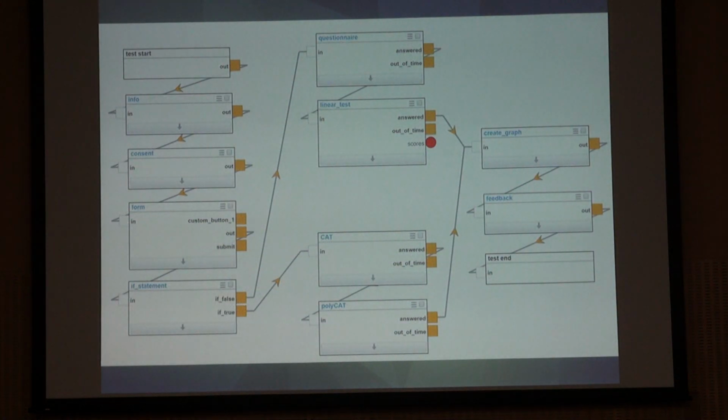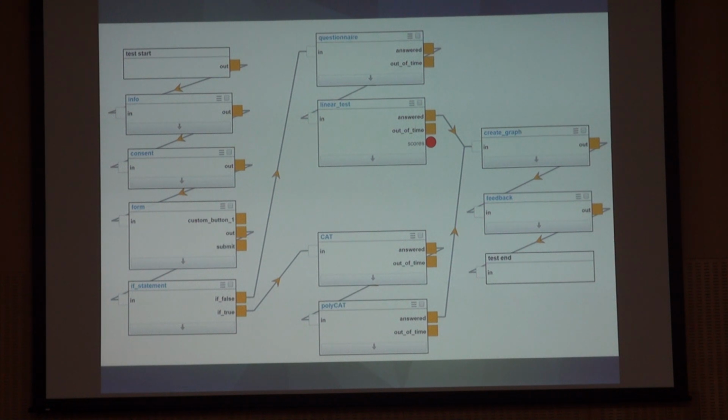Okay, just quickly before I create a test, these are the main nodes that we've got so far. You've got an information page and a consent page, where you need to tick a box before moving to the next page. A form page, which is kind of demographics; in HTML, it's a form. If statements, so you can see it branching up and down depending on the result of the if statement. So it's got all that with the flowchart.